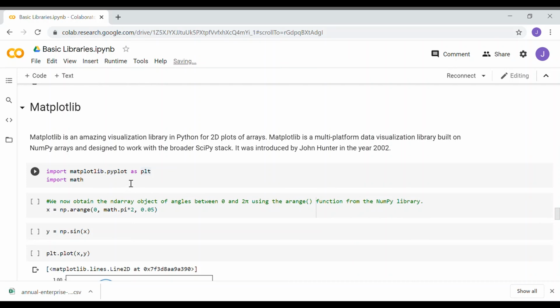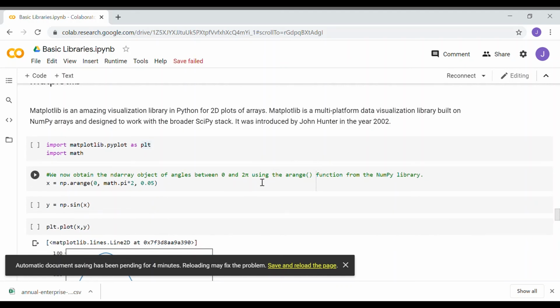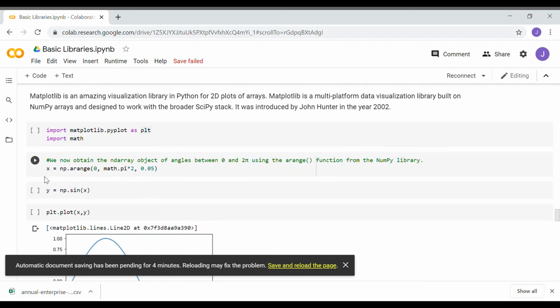So we can import matplotlib.pyplot as plt, and I'm also importing the math module. We are creating an array of angles between 0 and 2 pi using the arange function from the NumPy library. Similarly, we have created x equals np.arange with the starting point, ending point, and the interval.